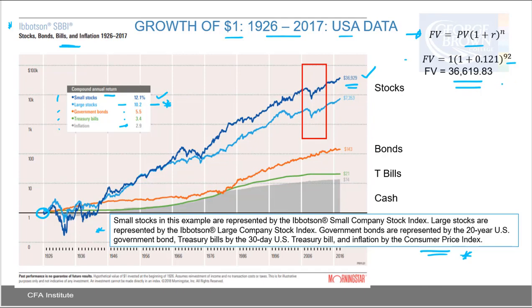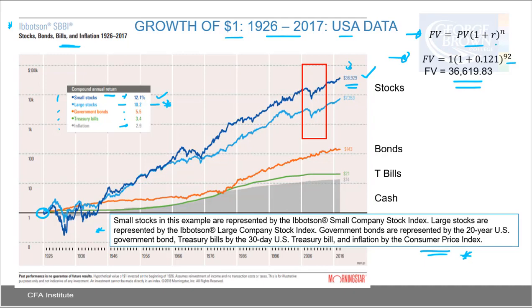Now, you're not responsible to do the calculations, but I just want to show you this is how a lot of the quant leads into investment management. The future value would be 36,619.83, which is, with a little bit of rounding, within $300 of 36,929 here, okay? So when you see here, a compounded annual return of 12.1%, $1.1926, using our quantitative concepts, future value